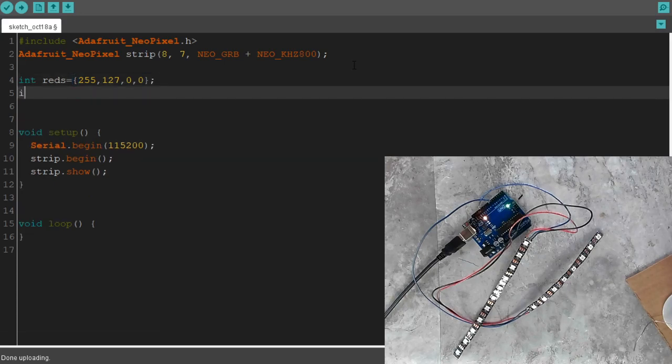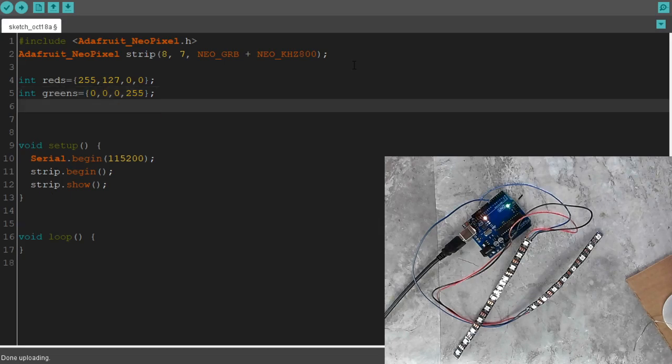I'm going to make greens equal, let's say 0, comma 0, comma 0, comma 255. Okay, curly bracket, semicolon. Okay, and then int blues